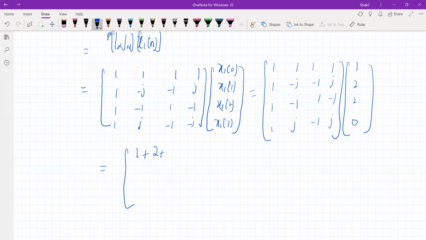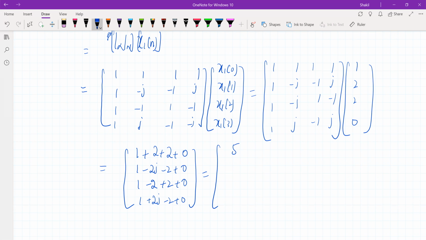1 plus 2 plus 2 is 0. 1 minus 2j minus 2 plus 0. Then it will be 1 minus 2 plus 2 plus 0. Then it will be 1 plus 2j minus 2 plus 0. Please check the terms. So this is 5